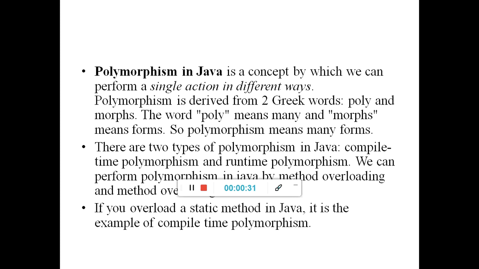In Java we are going to use two types of polymorphism, that is compile time and runtime. Whatever decision we take during the compile time by the compiler, we generally mention it as compile time polymorphism. Whatever decision we take during the runtime, generally we term it as runtime polymorphism. That decision will generally be taken by the JVM, not by the compiler. Okay.